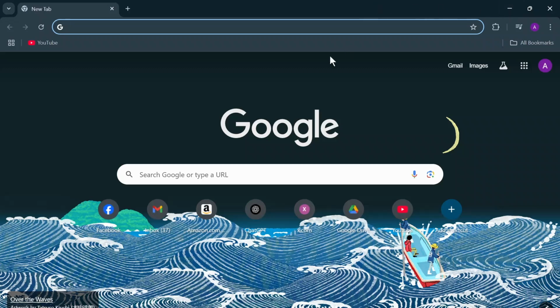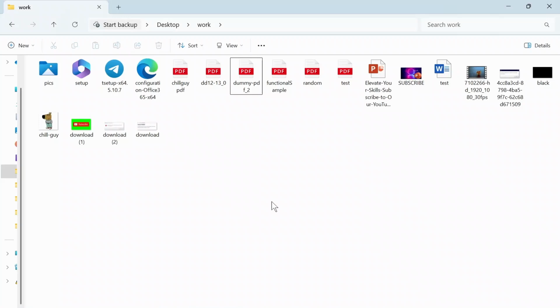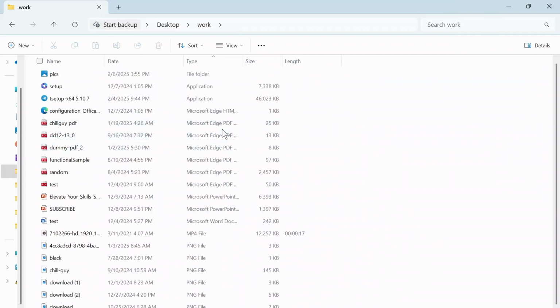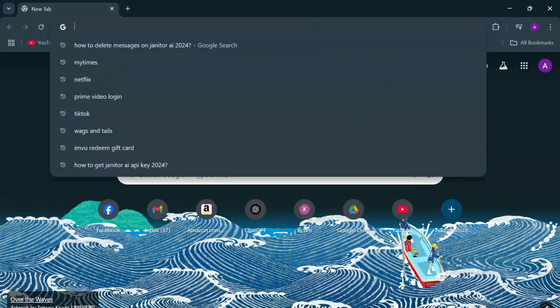The first step that we'll take here is first head over to our folders to find the PDF. Now I'll just see this file size here, and let's say that this is a file size that I want to compress. Now, if I want to compress this PDF file size, I'll head over to my web browser and